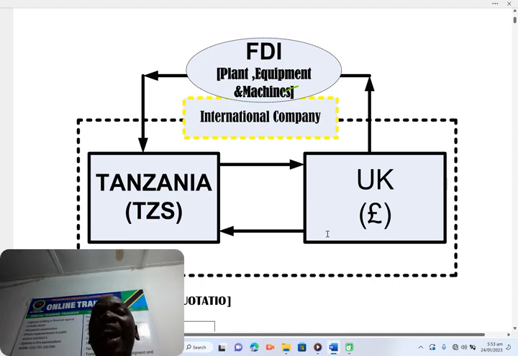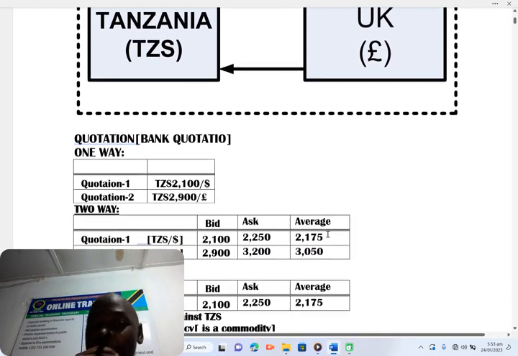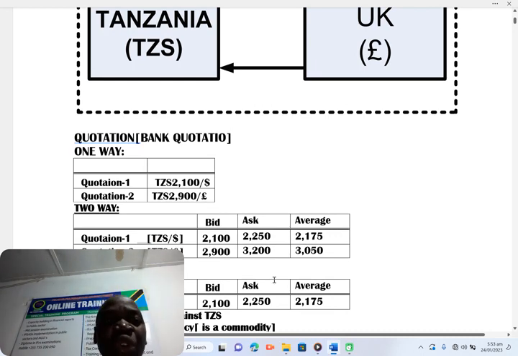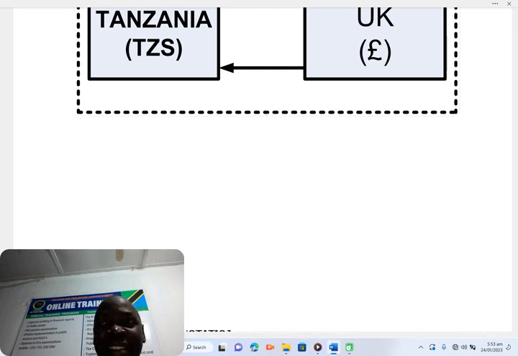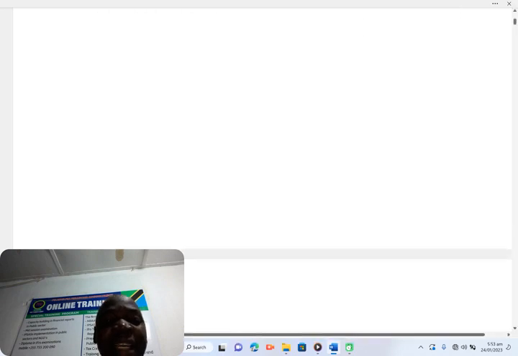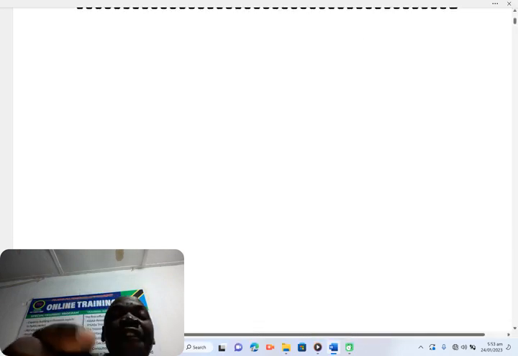And that's why we have taxation policy in these multinational companies. Now today, we are going to talk about quotation so that you clearly understand and we compute some of the cases, right? Yesterday, I told you in any Forex,